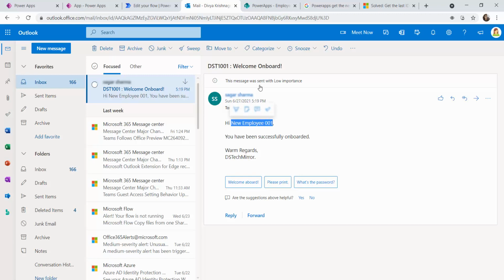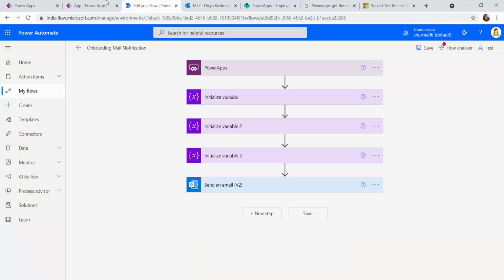The employee name is correct and the employee number is correct. So whatever details were passed from Power Apps to Power Automate have been embedded in the mail and sent successfully.